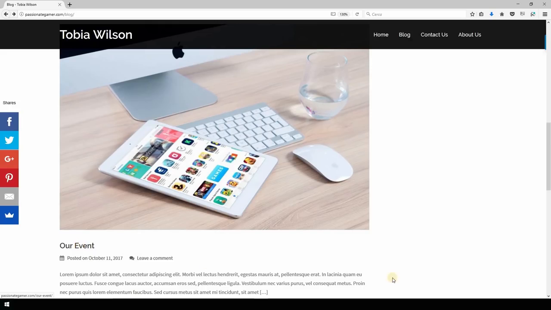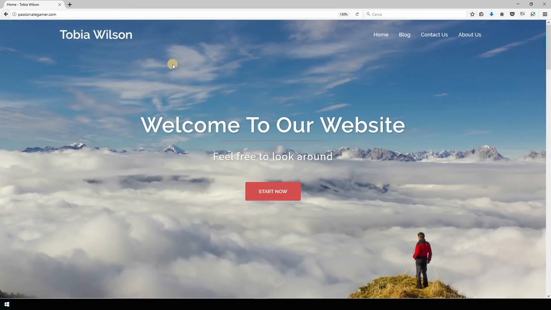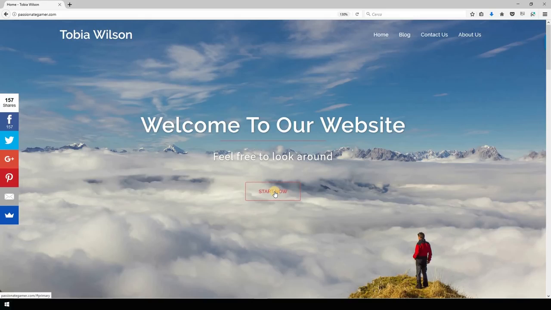So let's go back to the home page, where we have a beautiful slider with an inspiring picture. If you don't have a picture, I'm going to show you how to find amazing images. So don't worry. Here everything is 100% customizable. We have a title, a button that you can use to send the visitors to a specific page. Also up here we have the menu where we can go to the blog, to the contact and to the